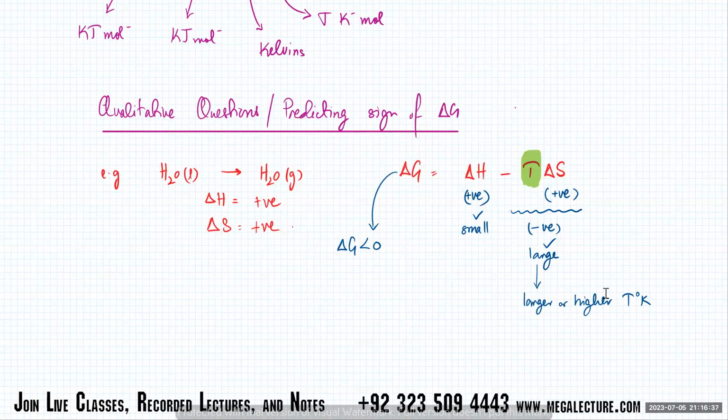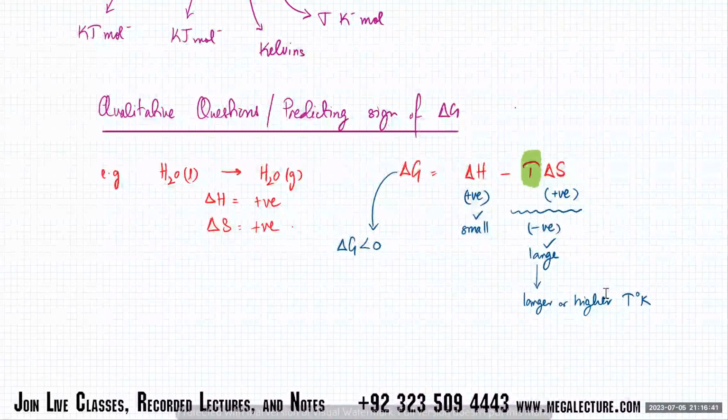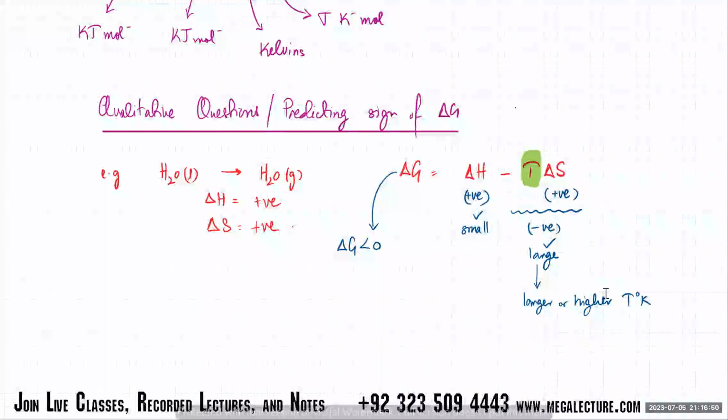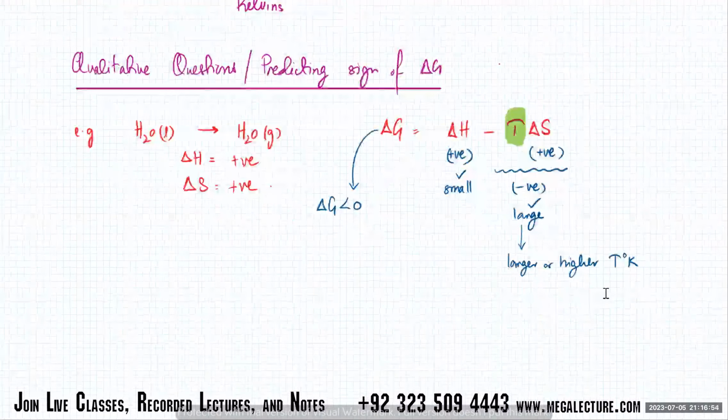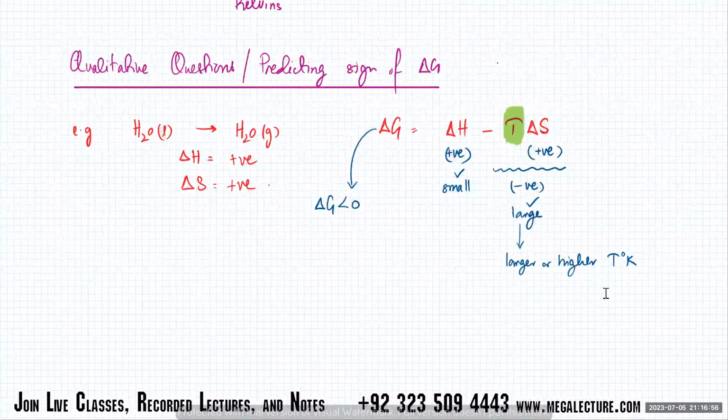If you keep a very low temperature, then your delta S part becomes very small. The negative part becomes very small. So overall your delta G will come out to be positive because enthalpy change is positive. Okay? So is this idea clear, that when is this reaction feasible and how did we determine it using the Gibbs free energy? Is that part clear?